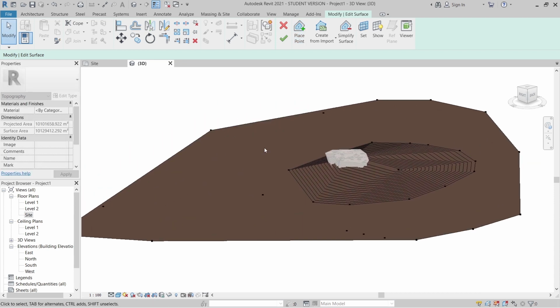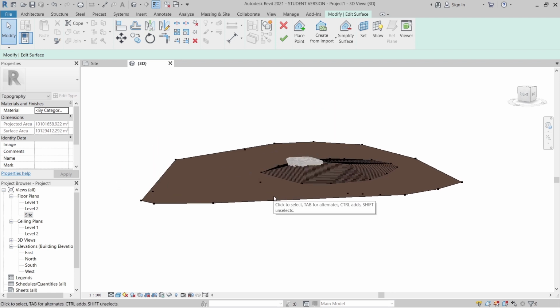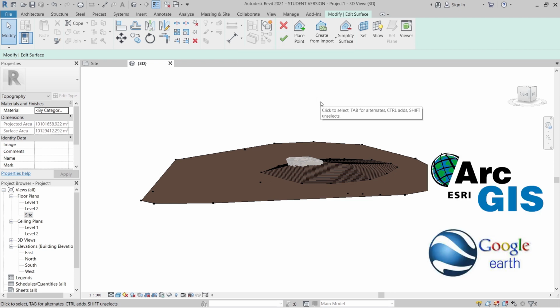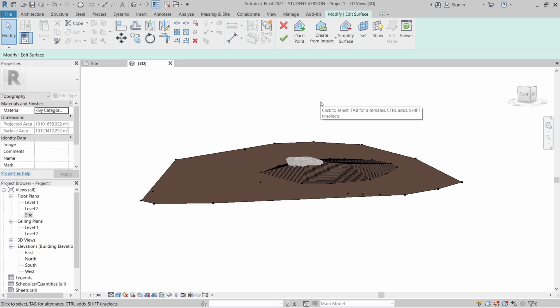Okay, hit Escape a couple of times. Normally when you get those kinds of survey points, you will get them from a surveyor. For this tutorial, the surveyor topic must be covered separately. If you want to get your CAD file or those kinds of survey points, you need to get them from an engineering surveyor. Or you can go to Google or ArcGIS to get it at the exact location that you want.